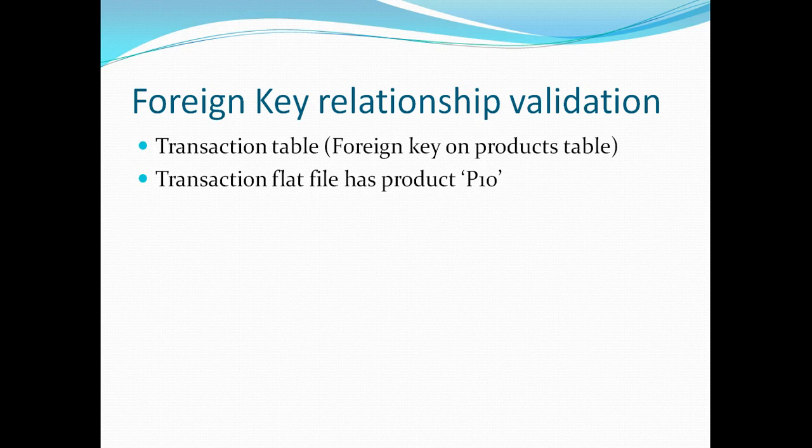Usually what I've seen is, if there is a case like this, and guys, this is a very common case, it happens. For example, there will be employees who join the organization and on the same day they make certain sales, but the employee ID in the dimension table will be populated at a later stage, while we get their sales data. So what we do is park those records for later processing, and when we receive the dimensional data which was leading to the drops, we go ahead and reprocess those sales.